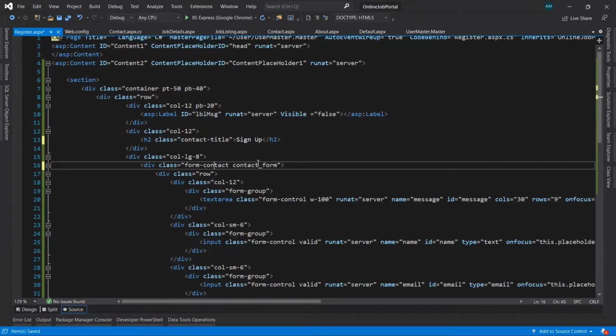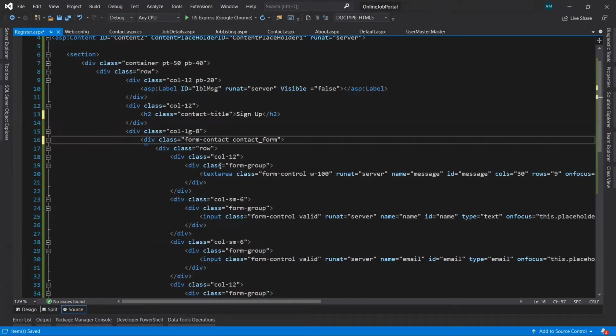We use this class, which has been made by the template owner. It's not a predefined Bootstrap class, it's defined by the owner of the template, who designed this template.